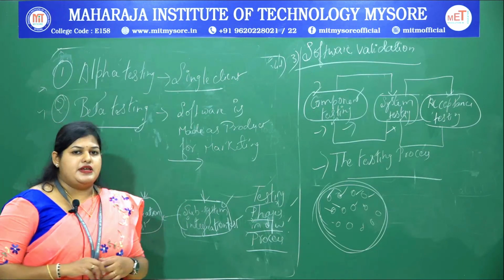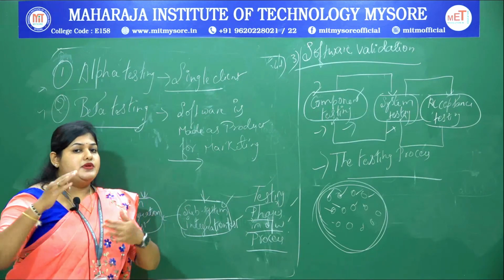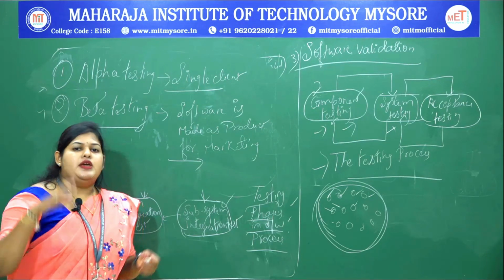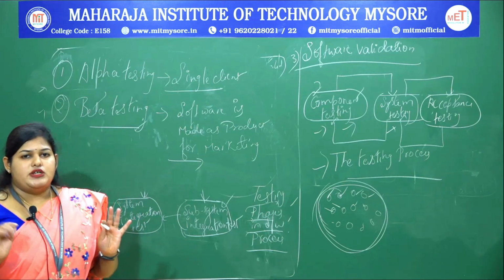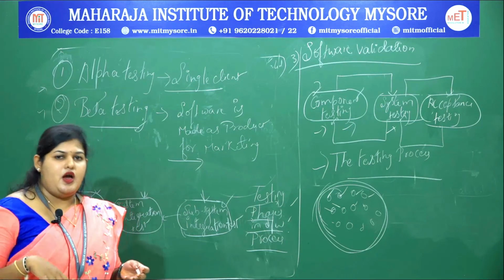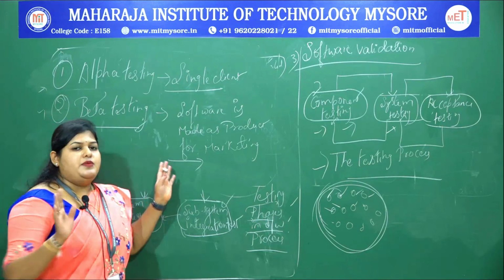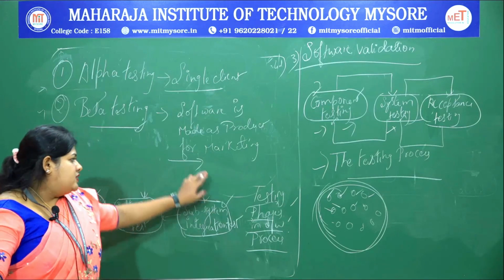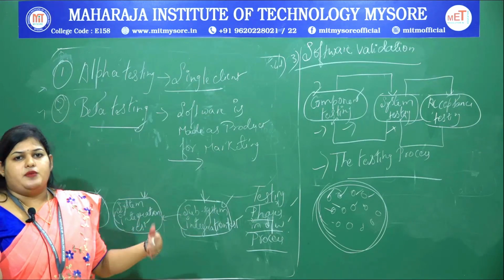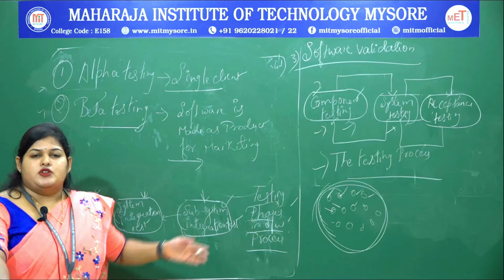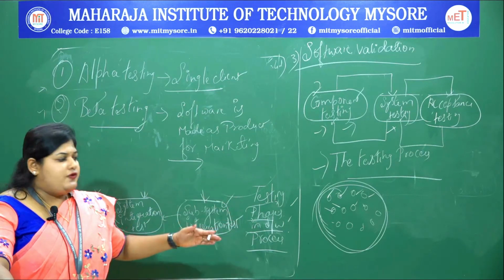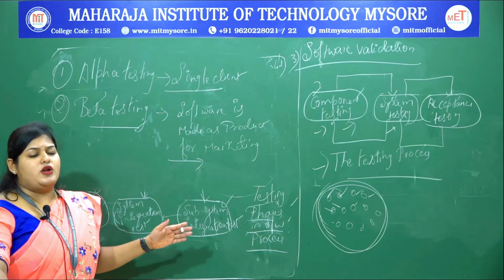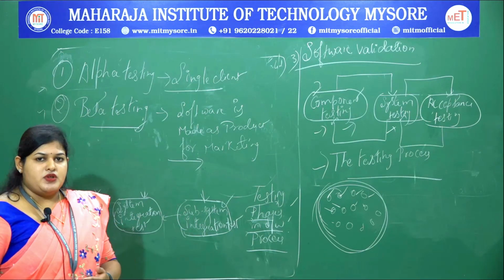So, with this beta testing they will find out, and this happens outside the organization where some customers will be given the product for checking, as well as in the organization, and if there are any reviews or feedbacks, the changes will be done and again they will release the final product. So, this is how each software product works, that is why we observe versions, is it not? Why are we observing all these software versions?